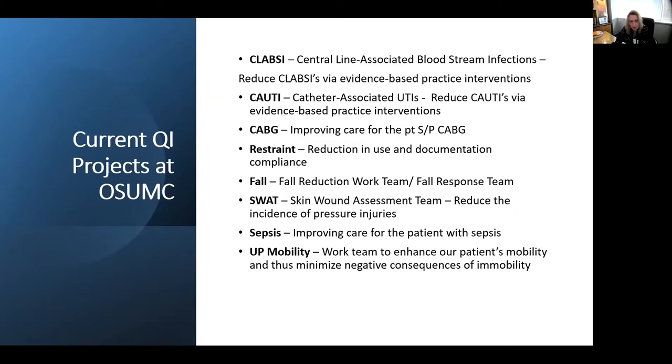So please know what these are, and it is very likely that our site visitors will ask our residents if they know what the quality improvement priorities are of this hospital. And each hospital has some of these, but they may have other priorities based on their